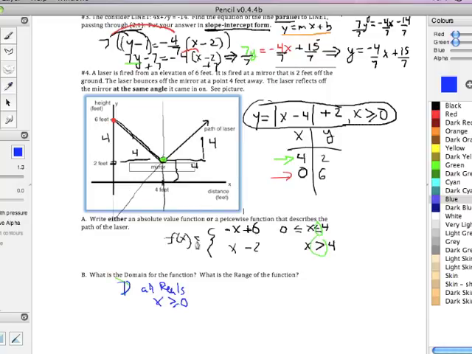And what are the y's that can go out? Remember, we look at that. Just put the horizontal line across here. Right? So if we look at these horizontal lines, which y values up here can be hit by the function? Whoops. What did I take away there? x greater than or equal to 0. The range is equal to all reals